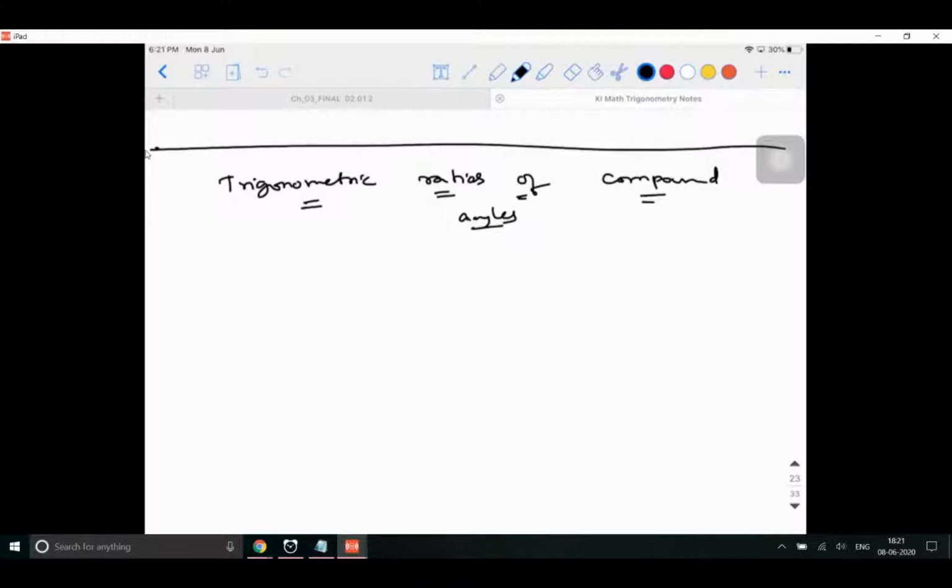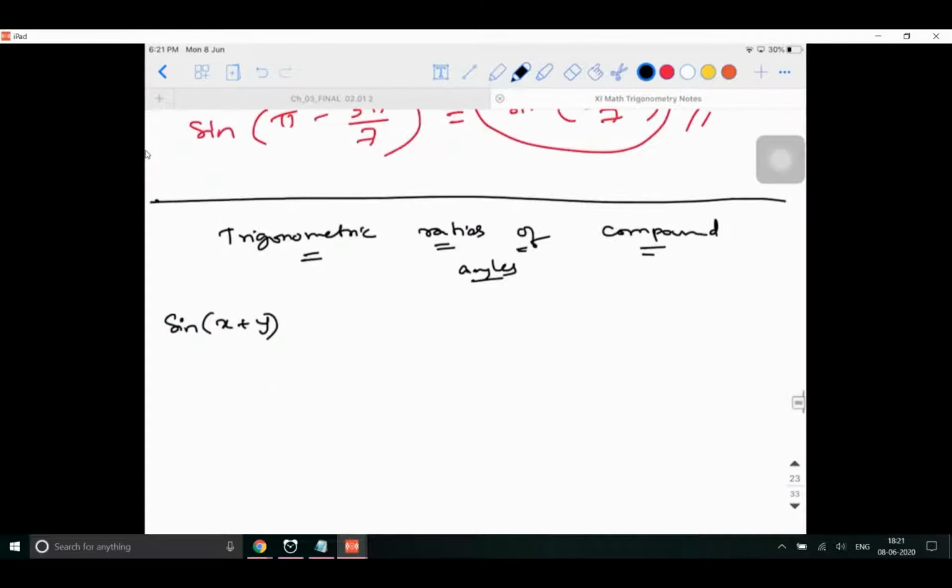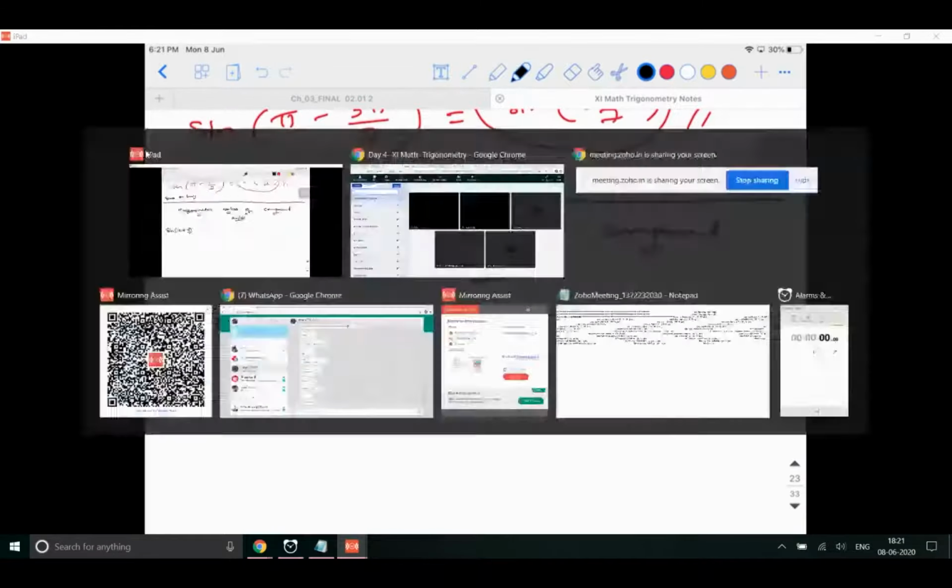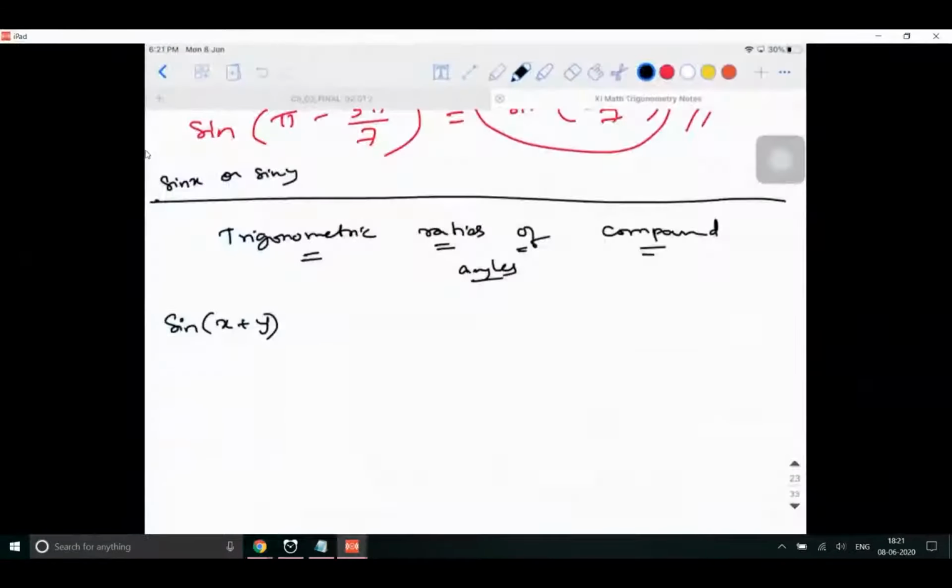So how to approach that is, for example, if I have sine of x plus y. Till now what we did is we saw either sine of x or sine of y. Instead of using a and b, I'm using the terms x and y because generally x and y are the terms that are used mathematically, in the case of relations and functions. Once I teach you relations and functions, you will understand why it is so.